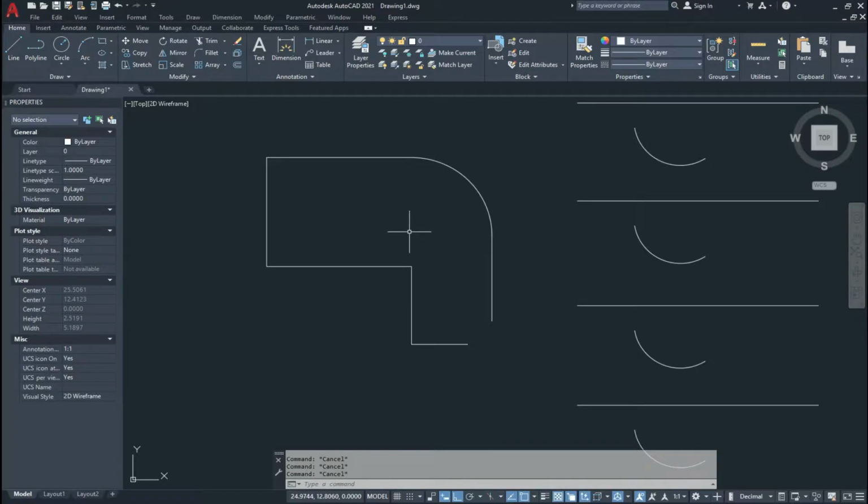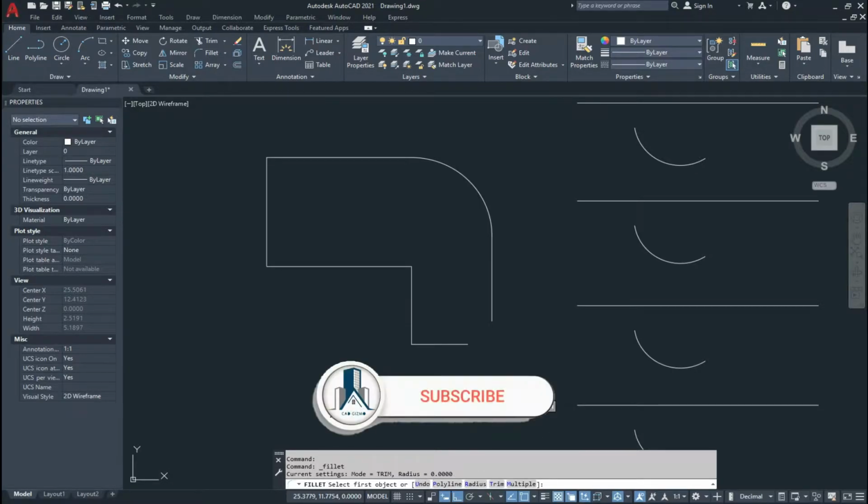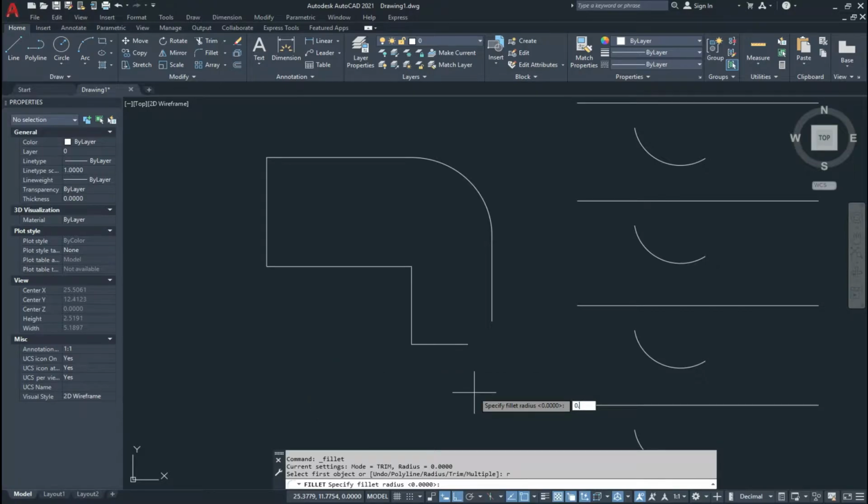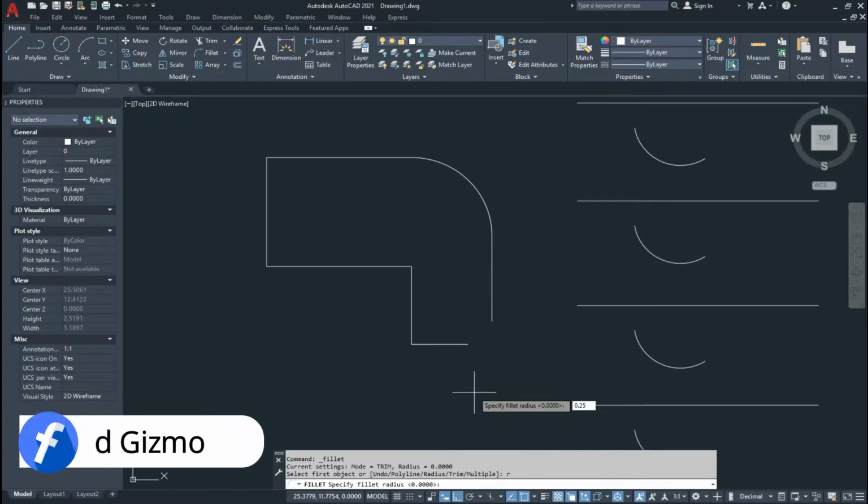If I want to fillet these two points, click on fillet, and in the command line it prompts you: select first object or give the radius. Here it is showing 0 radius. Now we give the radius. For radius, press R, enter, give the radius 0.25 and press enter.